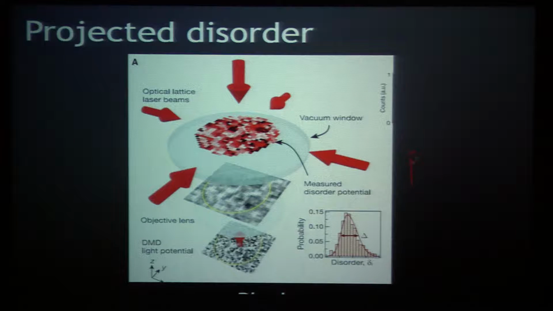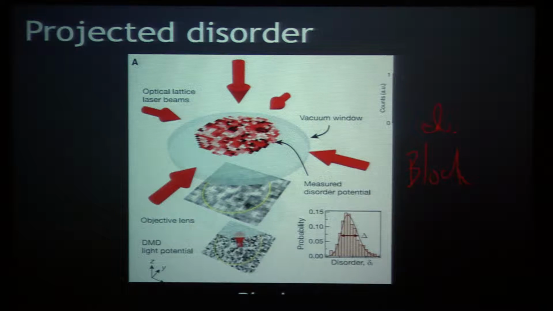Another disorder technique. Okay, so that was all about, so far, speckle disorder. So how speckle disorder is made and how it's used in experiments, 1D, 2D, 3D, and with optical lattices. All right, that was all speckle. It's the most common tool for making disorder in experiments. It's the most widely employed. All right, so now I'm going to talk about two other methods, which are optical.